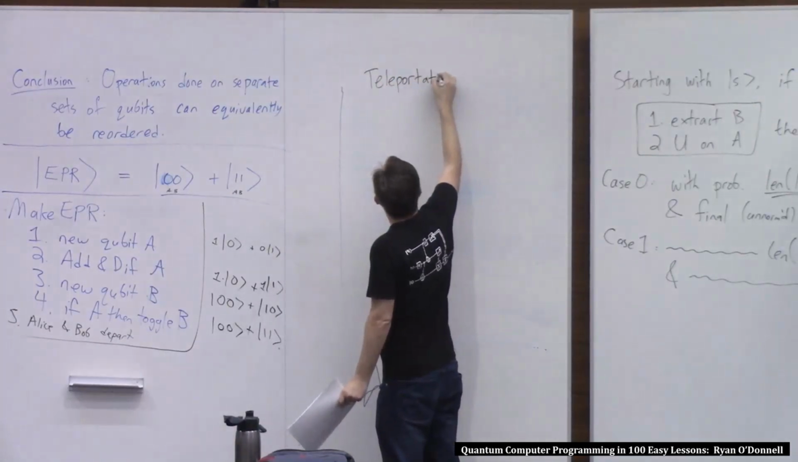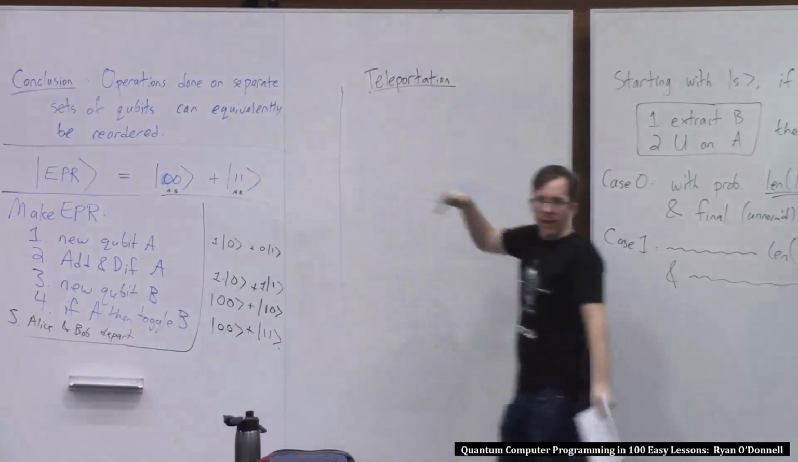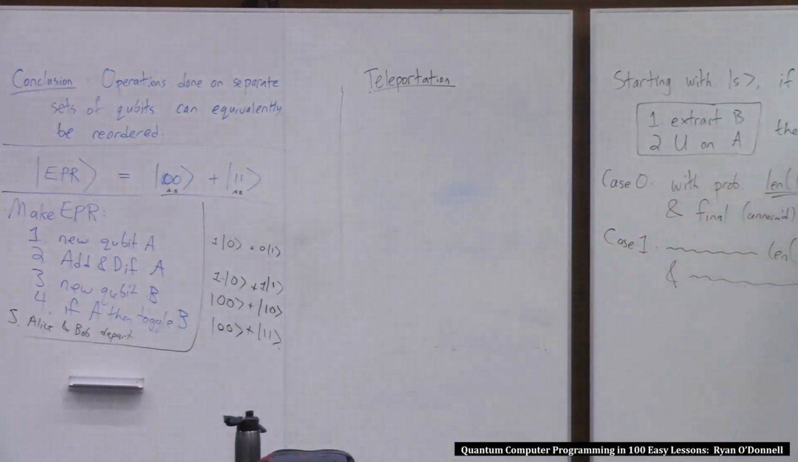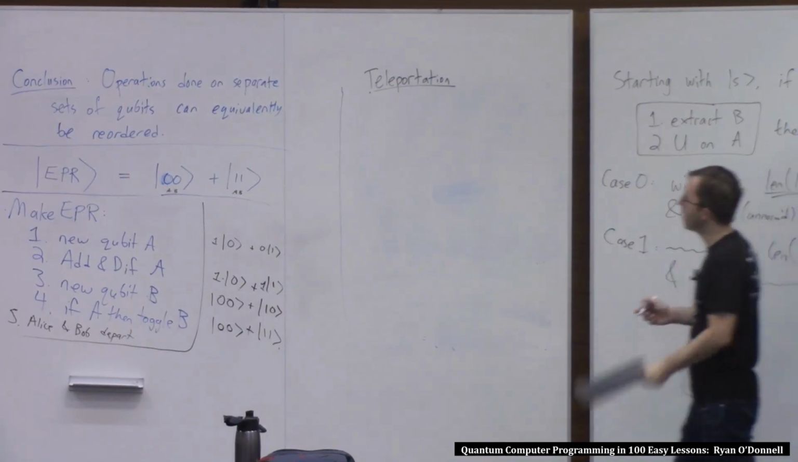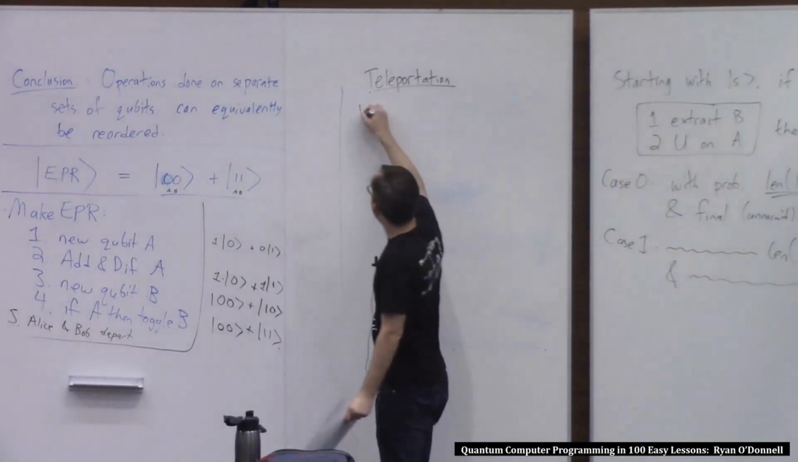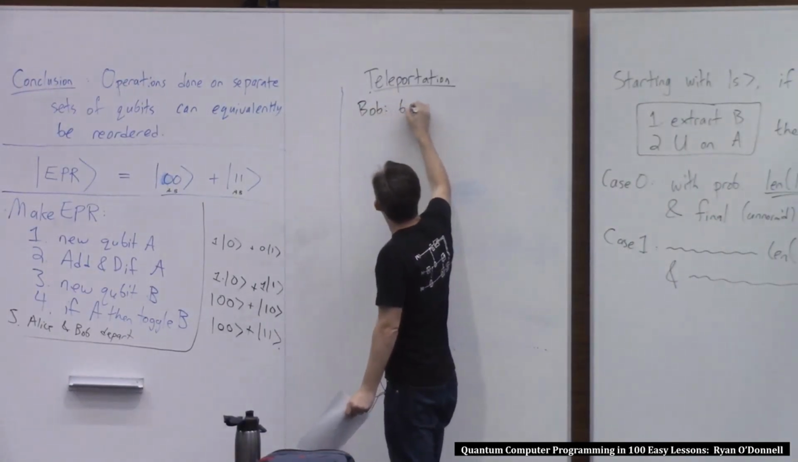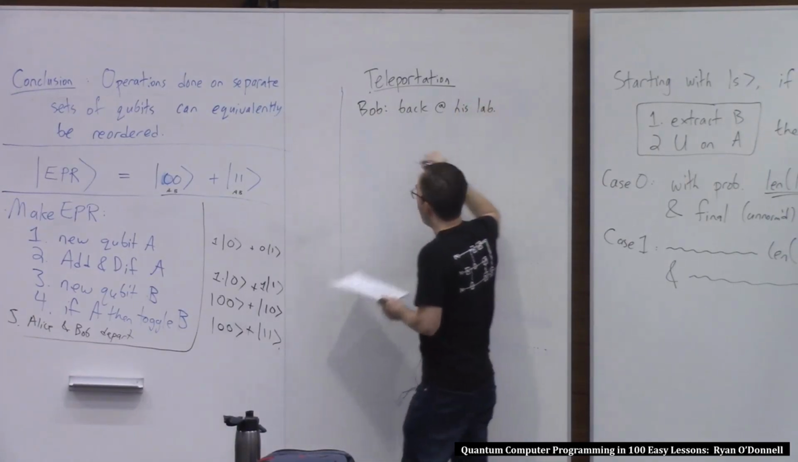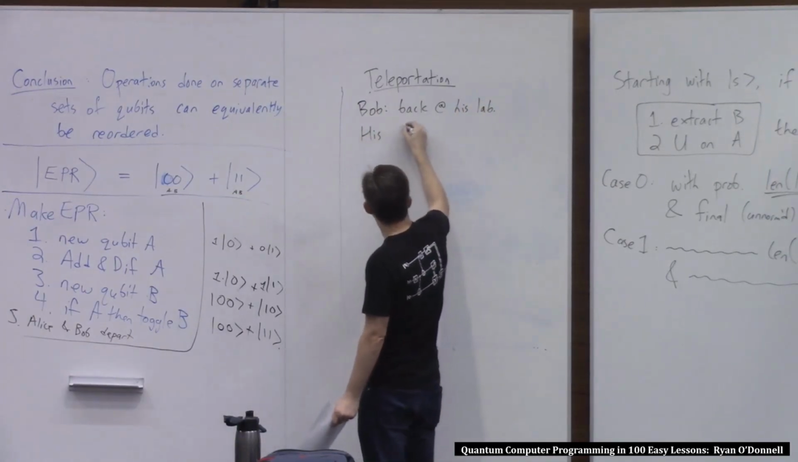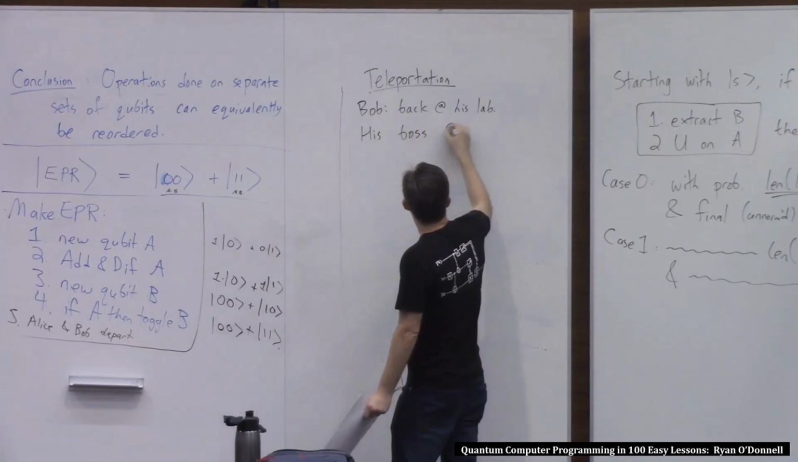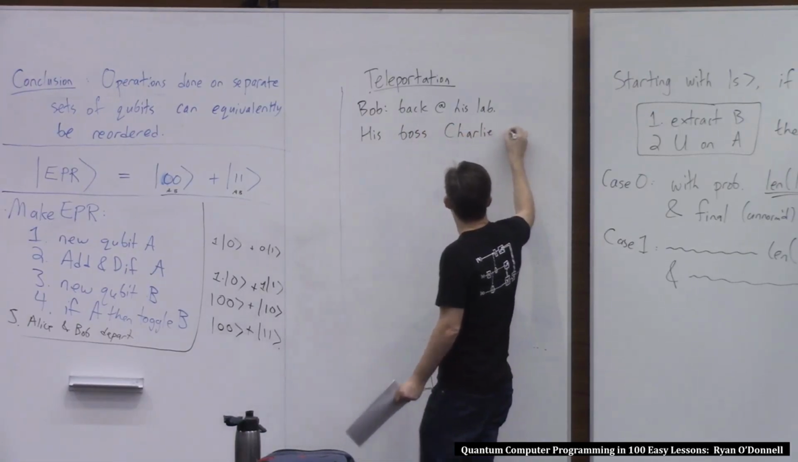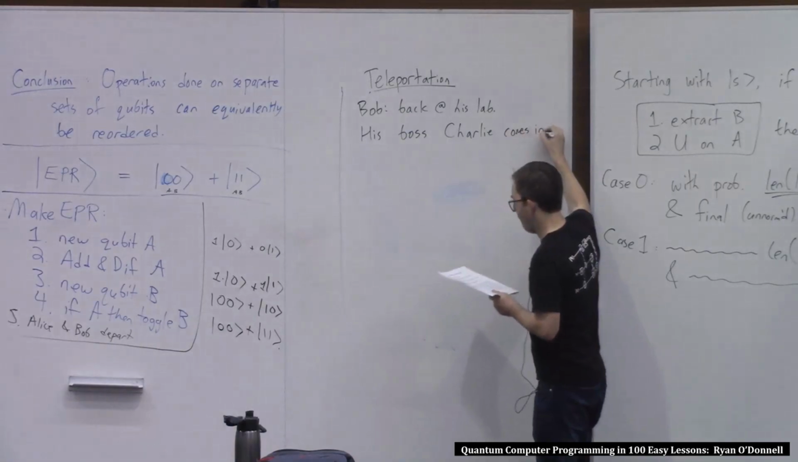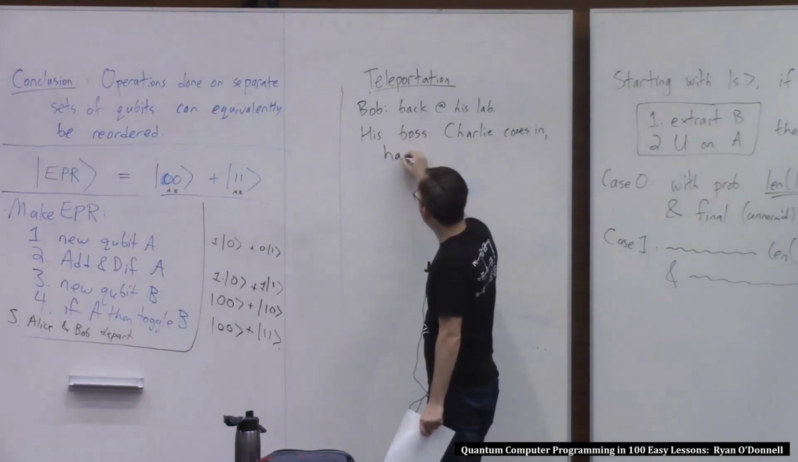And I should add that it's not just a party trick. As I'll mention at the end, there's some reason why you would actually maybe want to do this teleportation if you're trying to build a little quantum computer. But I'll just tell it in story form first. So let's imagine that Bob is back at his lab. And then his boss, whose name is Charlie, because that starts with a C, comes in and hands Bob a new qubit,